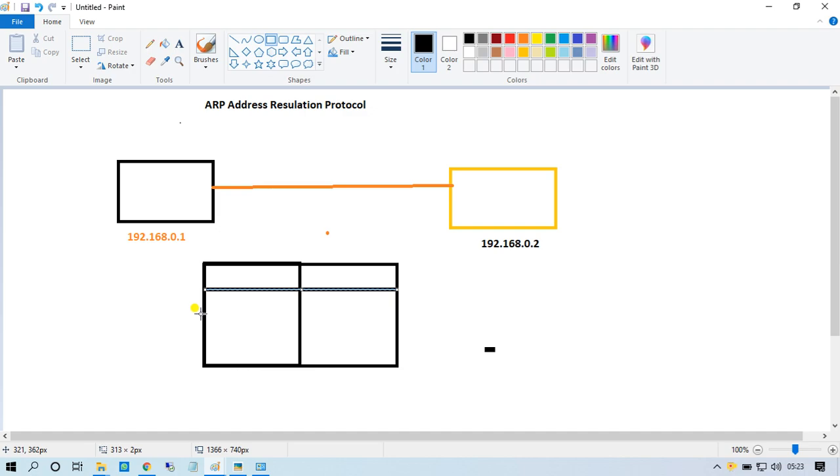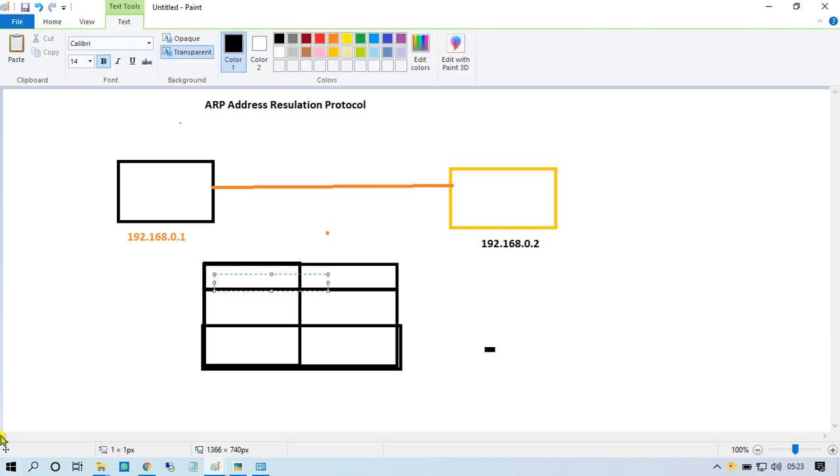First, this is for the 192.168 system, 192.168.0.1 and another is 192.168.0.2.